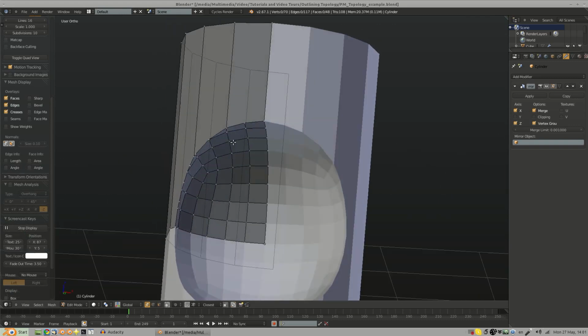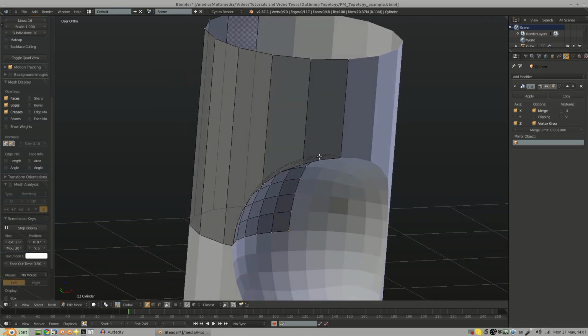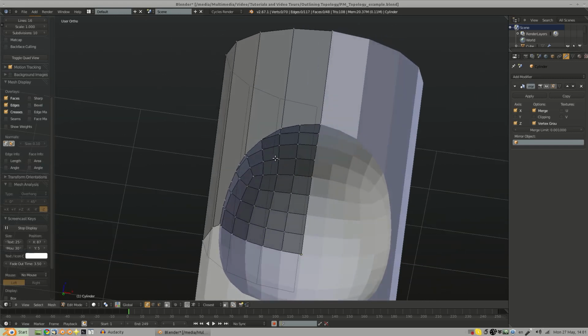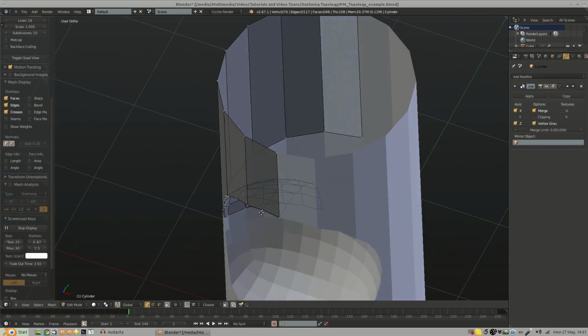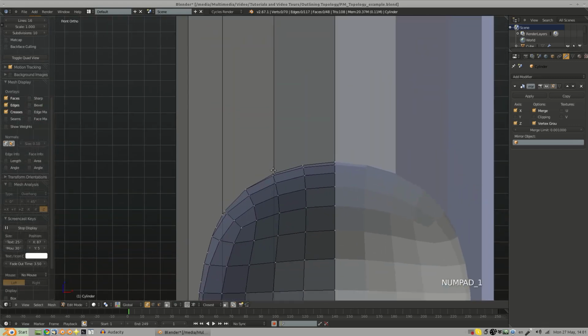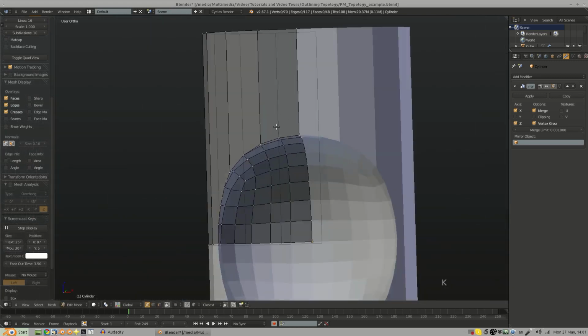You still haven't recorded tutorials in a while. But yeah, the trick is to figure out how to reroute topology around these edges while keeping the cylindrical shape. So I'm again going to be using the knife tool. So I'll switch to front view, call up knife, and actually before I do that, before I forget,